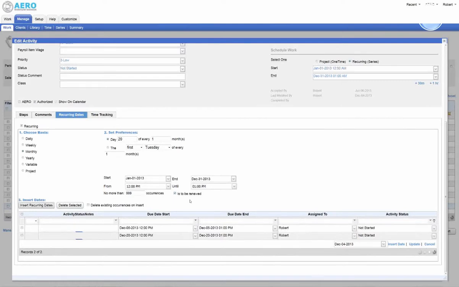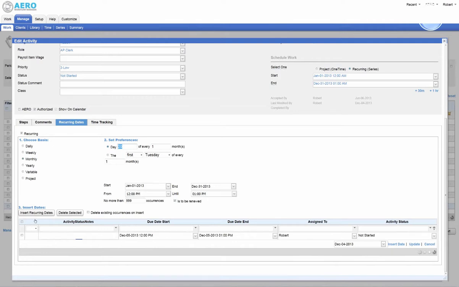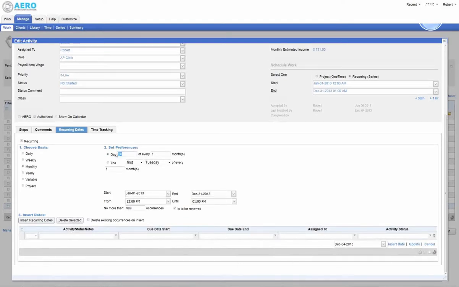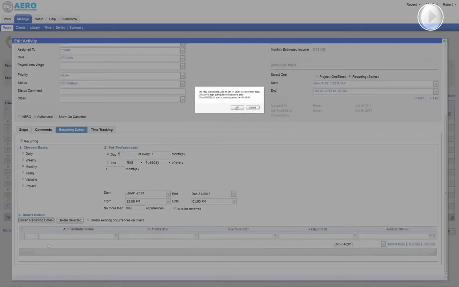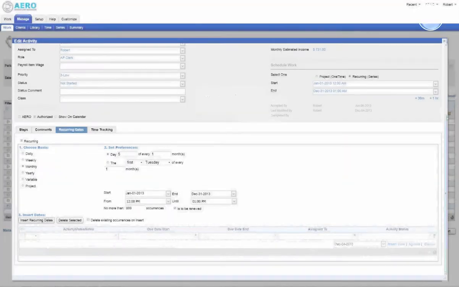So for renewal purposes, I did want to point out that what I do just as a practice is I'll come and make this one, I'll delete the 20th, I'll make one for the 5th, I'll save it. When you insert the recurring dates is when the save happens of the pattern. So actually, just to be perfect about this, I would delete all of those, and I would enter the one setting for the 5th, insert the date, and then I would come to this activity,